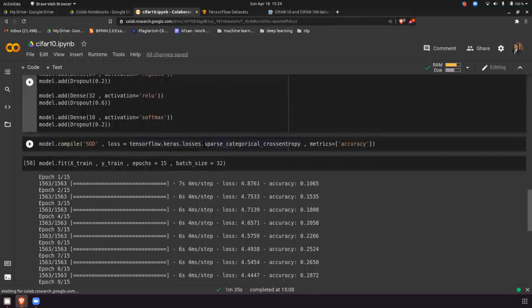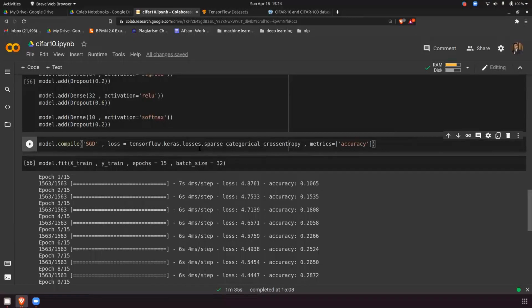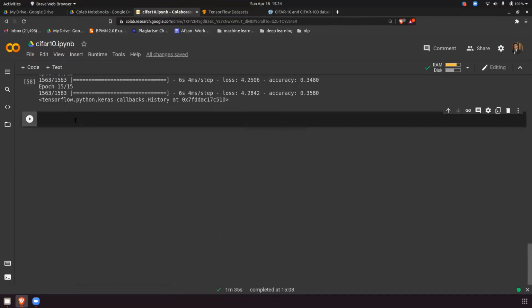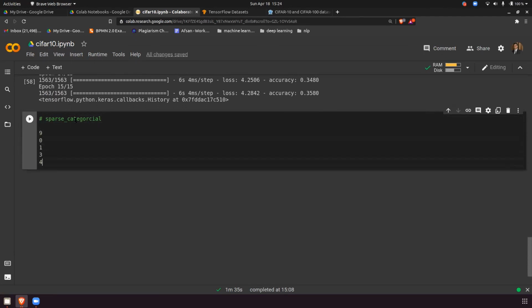And we have something called sparse categorical cross entropy and categorical cross entropy. Whenever your data is in the form of get dummies, meaning 0, 1, 0, 0, 0 or 1, 0, 0, 0 for the particular class, you have to go with categorical cross entropy. You have to use sparse when you have only a single target variable. So, when to use sparse categorical and when not to. Sparse, S-P-A-R-S-E, sparse categorical. We use sparse categorical when our data is in the form of 0 to 9, a digit. So basically the class is in the form of 9, 0, 1, 3, 4, 5, 6.